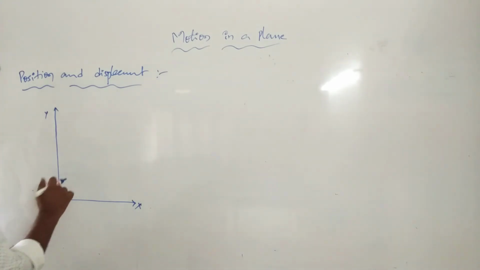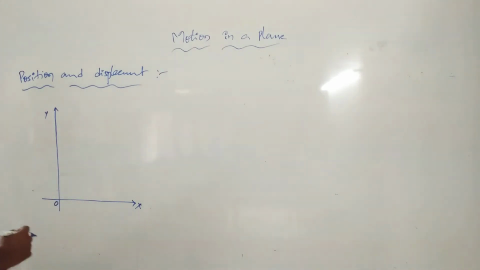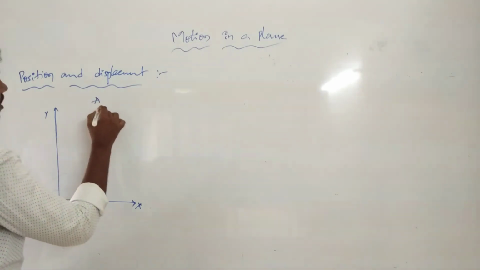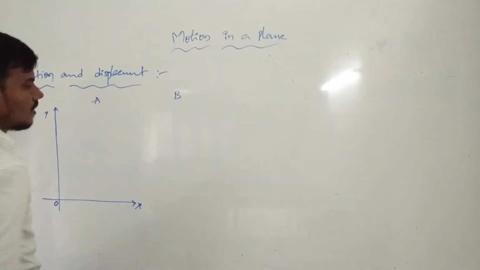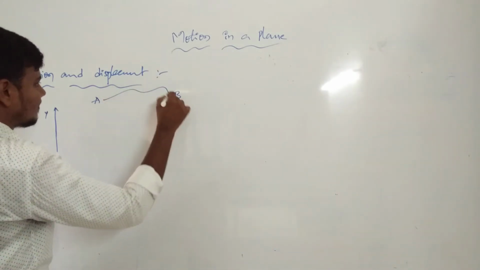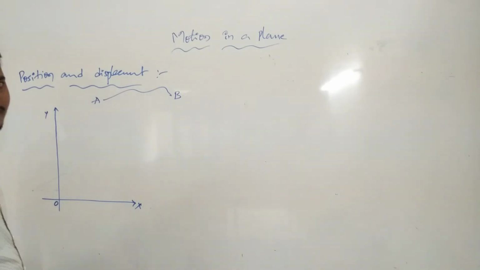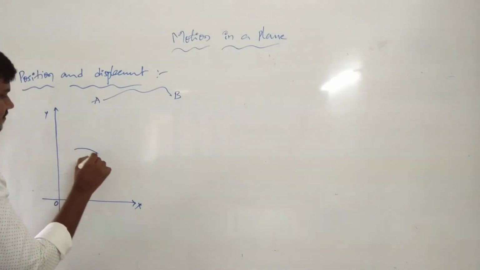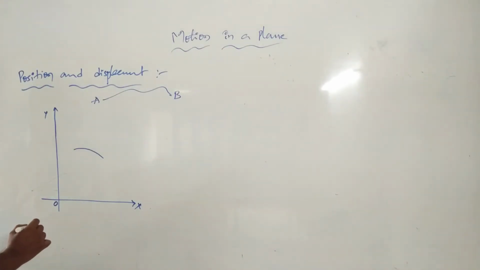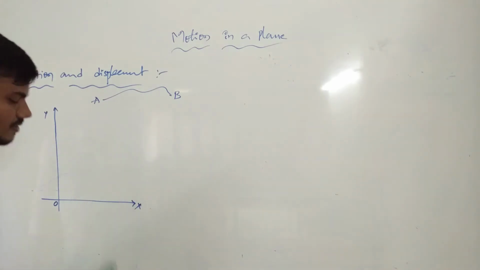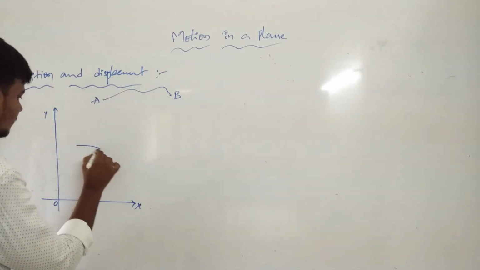When an object travels from one position to another, which positions are applicable? At A is the object's position, and again B is also the object's position, from the initial position to the final one. So these are the ones we are taking. When we apply this to a curve, these two are the positions. For example, we can use another curve also.